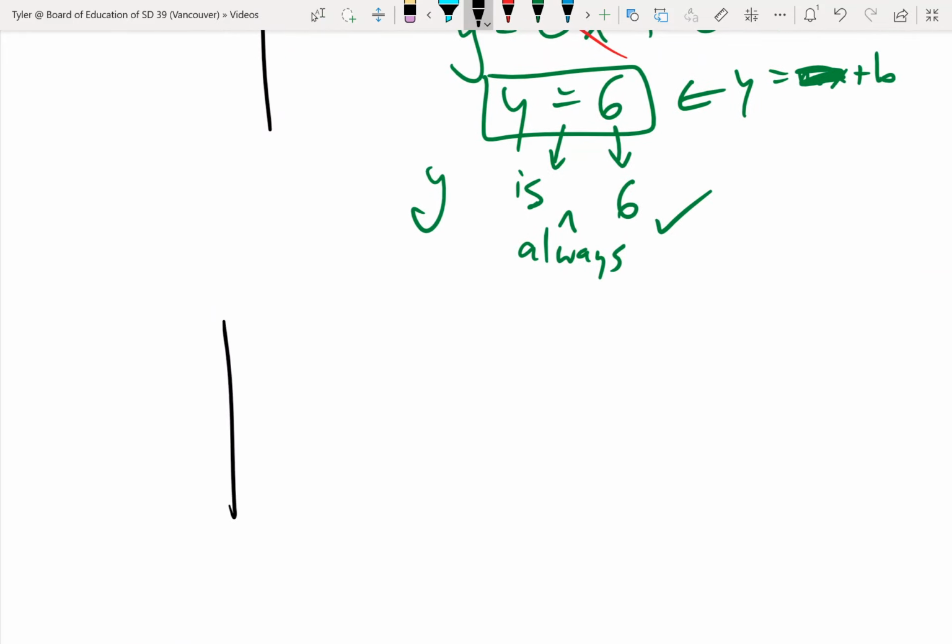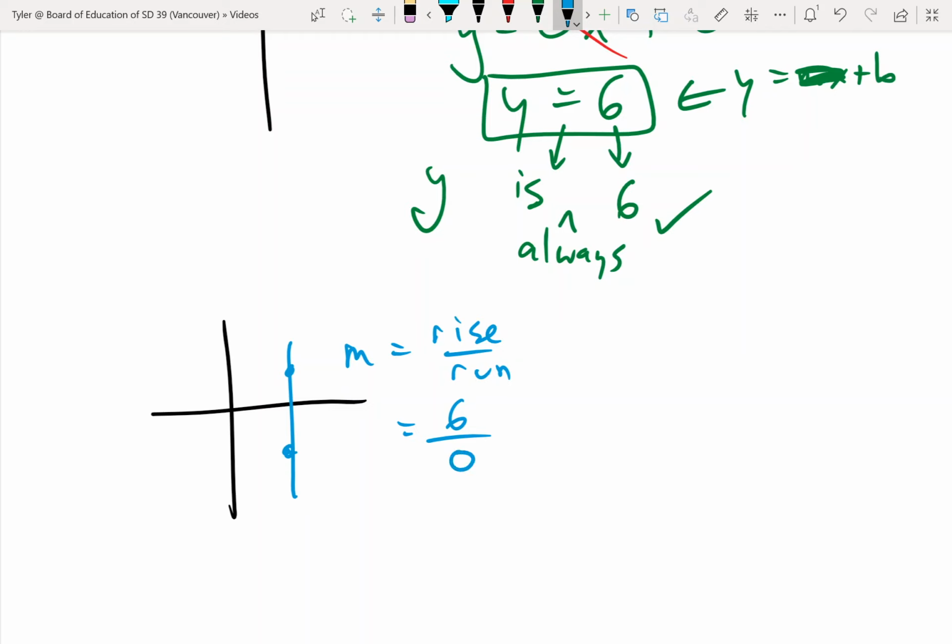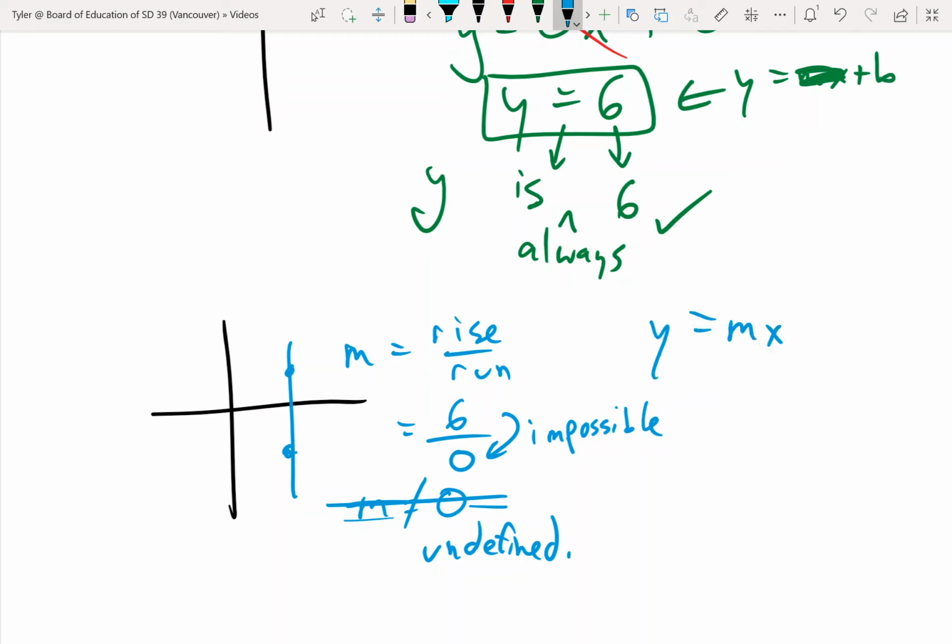The other weird situation you'll get is this kind of graph, a vertical line. So let's do the slope again. It's rise over run. So in this situation, the rise, let's say it's like 6, I don't know, whatever, and the run is 0 because it doesn't go side to side. So the slope is not actually 0. That's not true. Any number divided by 0 is actually impossible. So it is undefined,